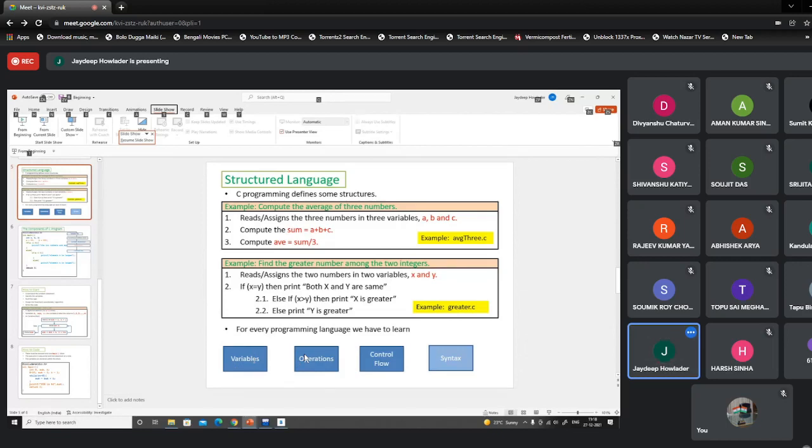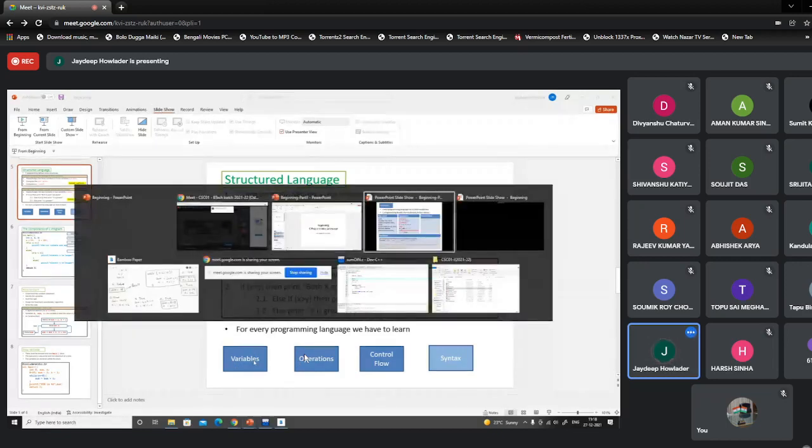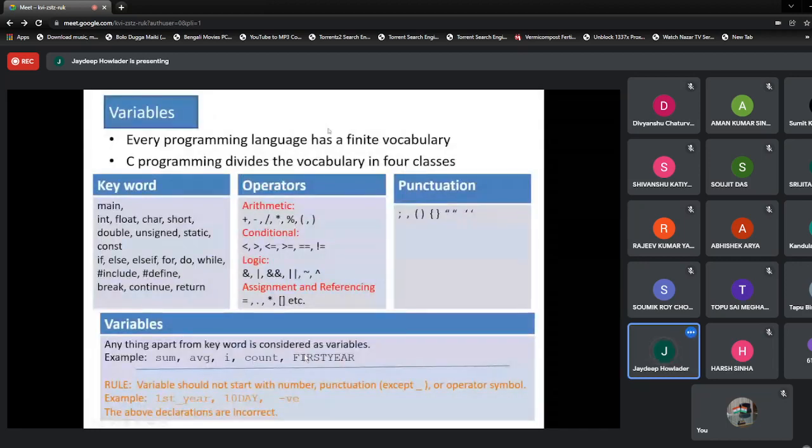So now what are variables? In the C programming language, there is a set of words which are called the keywords. The keywords are, for example, main, integer, float, character, short.